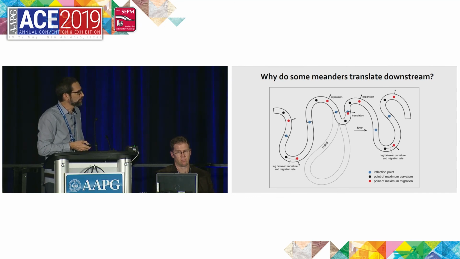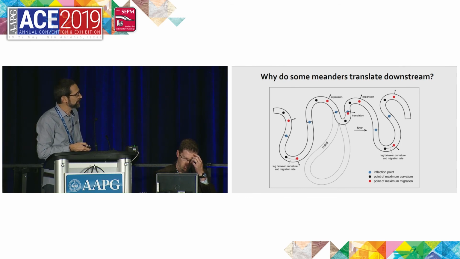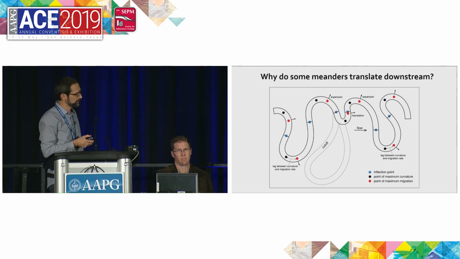The reason why these counterpoint bars can develop in any system that is meandering is, coming back again to this phase shift between the point of maximum migration, which is the red, and the point of maximum curvature, which is black. So if you have a short bend like this one, which developed after cutoff, then the point of maximum migration falls on the downstream limb of the bend. So this bend is going to translate a lot, whereas this big, long arc is going to expand. So this is a fundamental reason for development of translation in meandering systems.